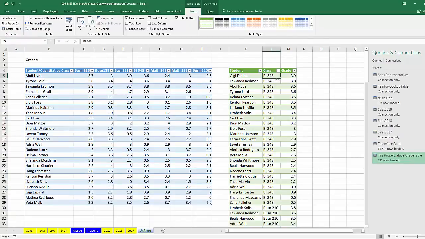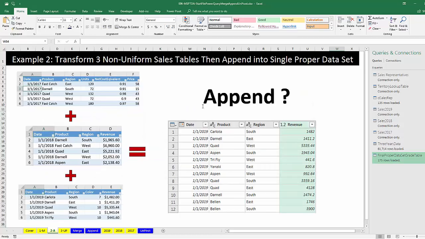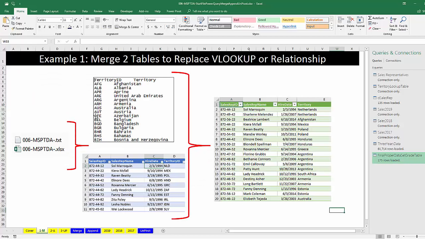All right, so in this video, we saw 3 amazing transformations that Power Query can do. We definitely can go from a cross-tabulated data table, unpivot into a proper data set. We can definitely append 3 different tables. But before we append, we can fix them in Power Query and then append one on top of each other into a single proper data set. And in our first example, we saw how to take 2 different files, one with a foreign key that needed to look up to a lookup table and a primary key, merge these 2 tables into a single table,